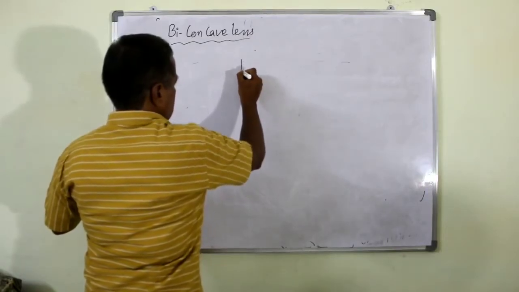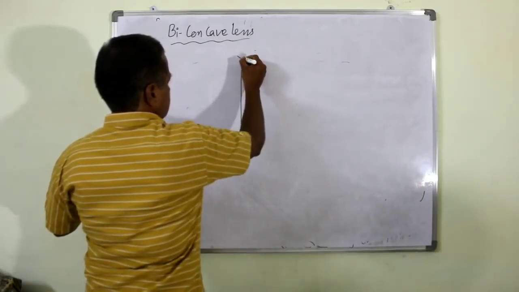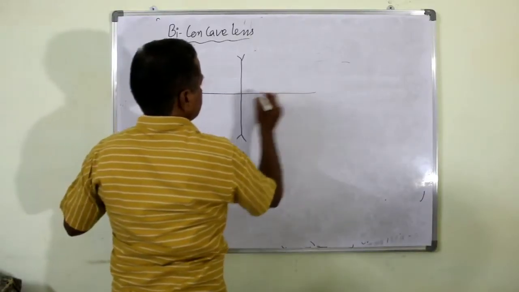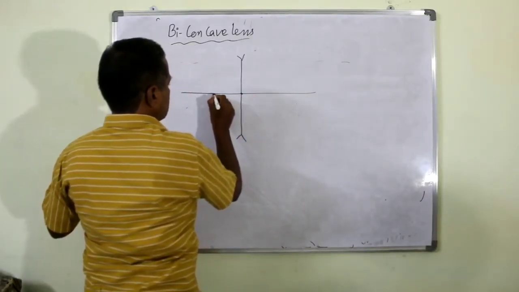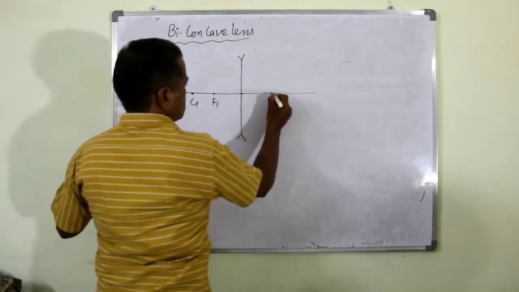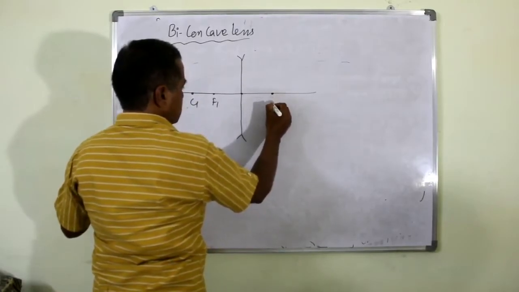So draw one biconcave lens. Here you have to remember one important thing: the focus point of the first curved surface and the center of the curvature exist on the same side of this curved surface,